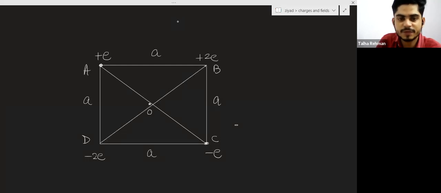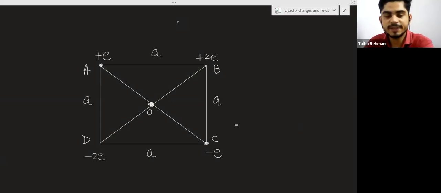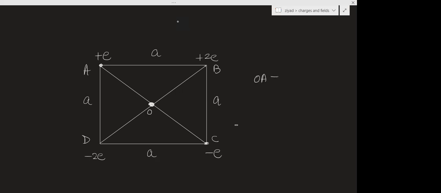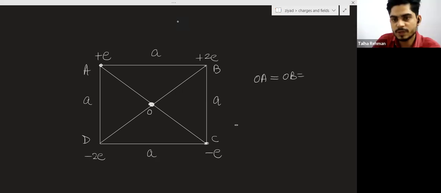Center of square means we have to find the electric field at this point O, which is the intersection of the diagonals of the square. So the distances OA, OB, OC, and OD are all equal, because this is a square. The value of this distance is given by the whole diagonal AC